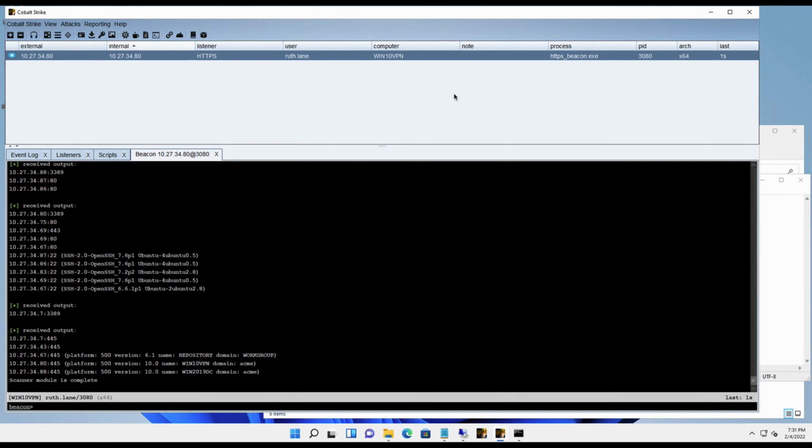We left off in the last video performing situational awareness using built-in post-exploitation tools. And while these tools are really, really great, they may not have everything you need. And I've mentioned this before, but Cobalt Strike is a framework, and part of that framework is the ability to load third-party tools. This can be done through PowerShell, or in the case we're going to demonstrate, through a .NET. We can use the command execute-assembly